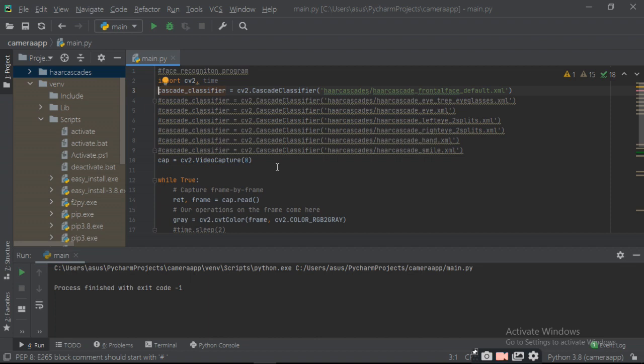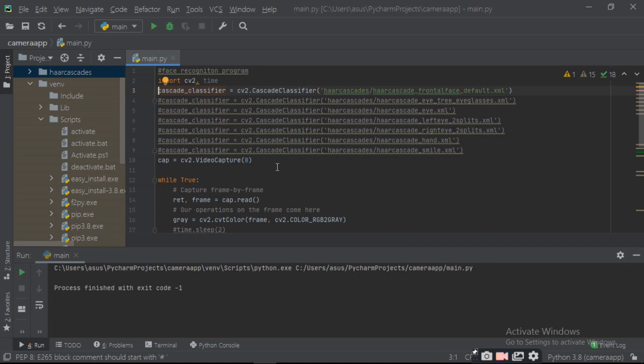Then while True, capture frame by frame. For that you have to check whether the frame is capturing or not. So you write retrieve, frame equals to capture.read. It will read your frame.